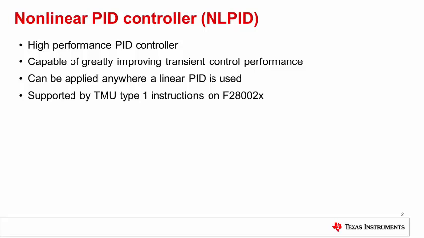linear PID can. Although the NLPID can be used on any C2000 device, the computation of the nonlinear law is typically quite cycle-intensive. The latest F28002X devices incorporate an extension to the TMU to add instructions to accelerate the nonlinear control law. With these in place, the complete NLPID executes in about 117 CPU cycles, compared with 86 cycles for the linear PID, so the overhead is not too much. In this video, we'll take a look at the structure of the NLPID, how to use it, and, importantly, how to go about tuning it.